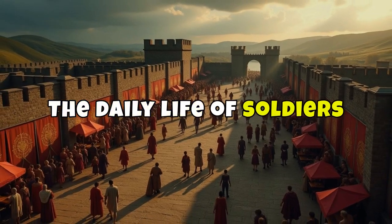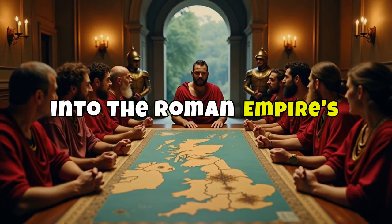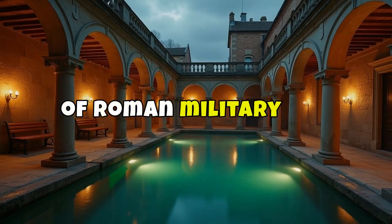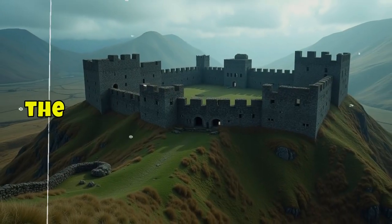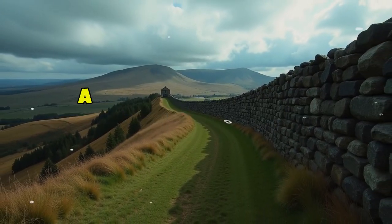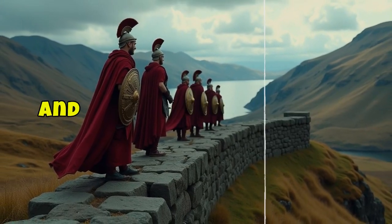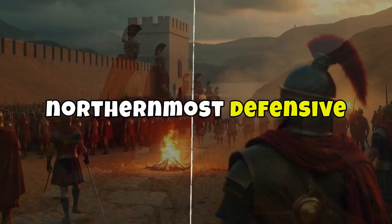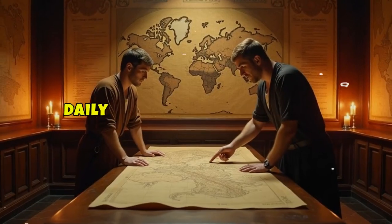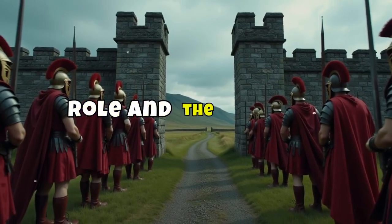The daily life of soldiers and settlers along the Antonine Wall offers a fascinating glimpse into the Roman Empire's northern frontier, revealing not only the complexities of Roman military and civilian life, but also the intersection of cultures at the edge of the ancient world. The Antonine Wall, a lesser-known but significant fortification, stretched across central Scotland and served as the Romans' northernmost defensive boundary for a brief period in the 2nd century AD. Understanding the daily routines of those stationed here is crucial to appreciating the wall's role and the broader context